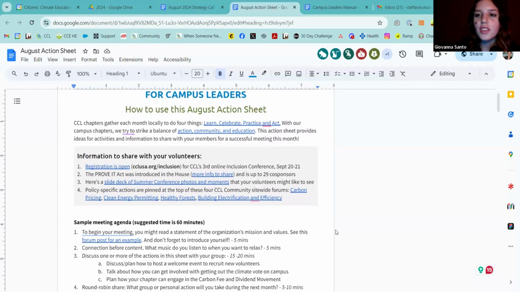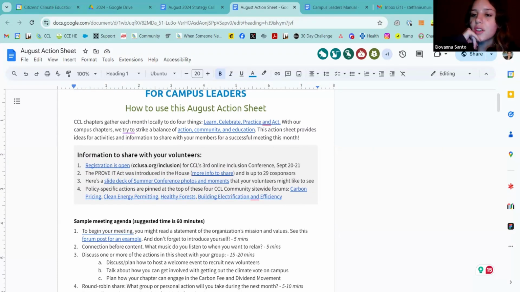I do want to ask Stephanie, how in depth should I go? Do you want me to read it out, or would you like me to get into it? We've got about 10 minutes for this, so we don't necessarily have to read it out, but I think just a general orientation, and then each of us can do a deeper dive into the sections that are particularly interesting to us in our groups.